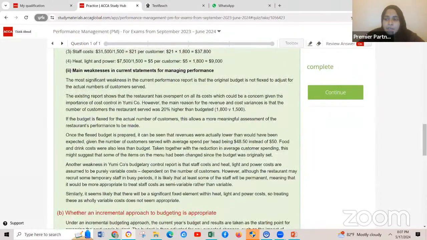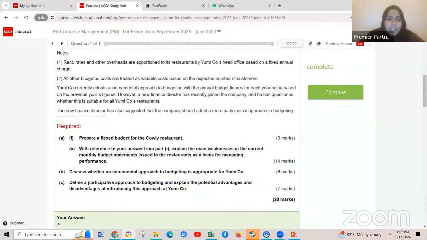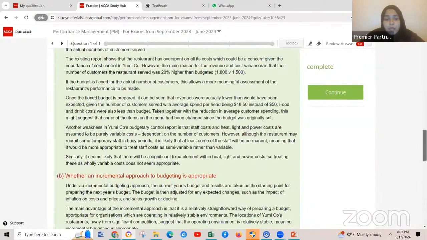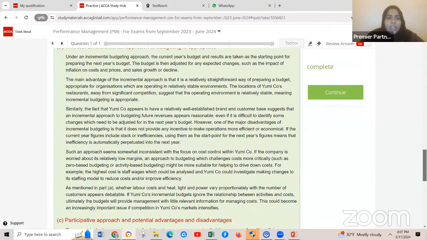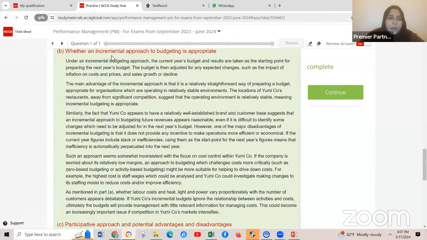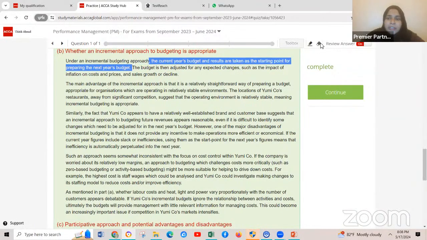Then they're asking you to discuss whether an incremental approach to budgeting is appropriate for Yumiko. Under an incremental budgeting approach, the current year's budget results are taken as the start point of preparing the next year's budget. So under incremental budgeting system,